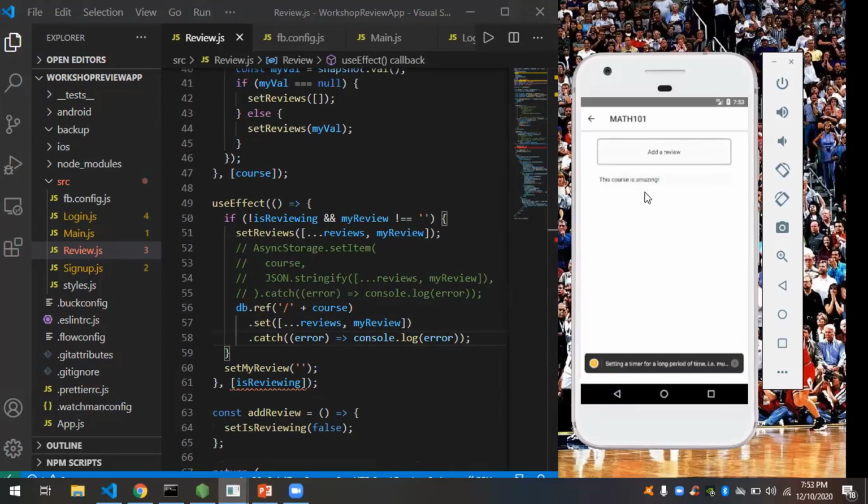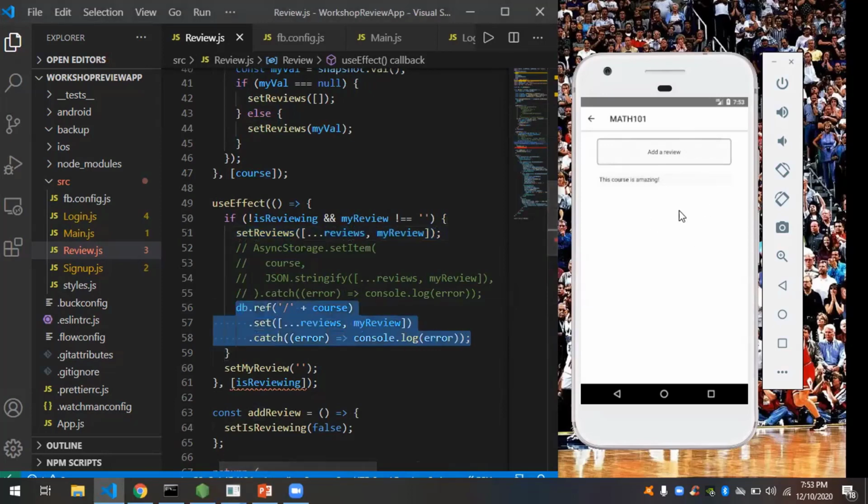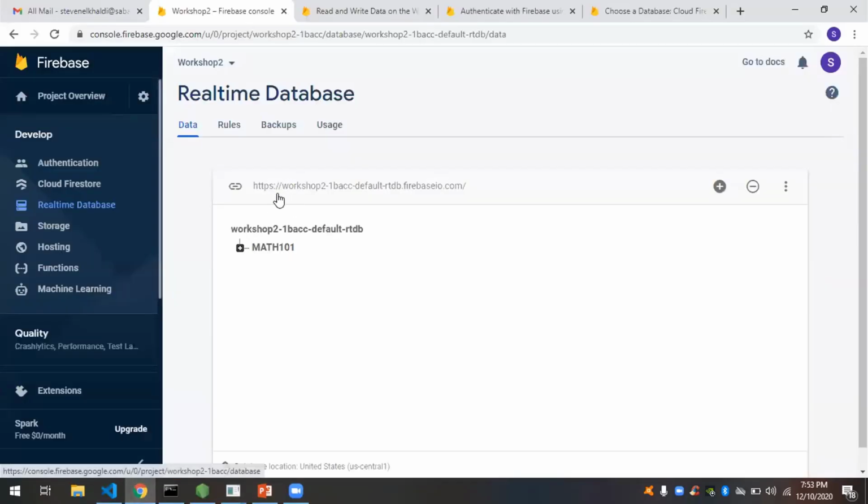Add review. It's added to our reviews variable inside our front end, and we're adding it to our database, but we can't see this over here. We don't know for sure that it was added, because what we're seeing here is the reviews variable. So we aren't calling the database again. But what you notice is, if you go back to your database on Firebase,